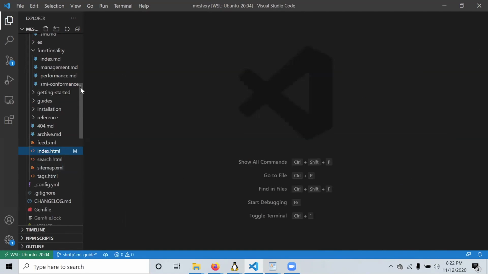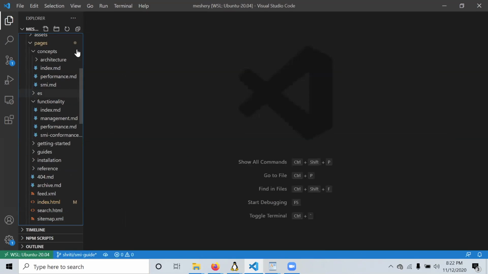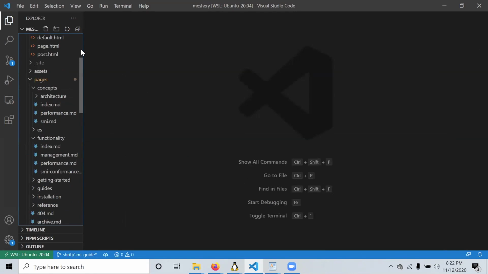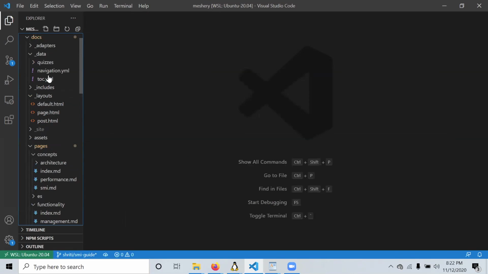So how Jekyll works is, I'll go through this. Let me just pull it up. All right, let's go through the Mestre docs repo in the last 8 minutes that we have left. And if I'm boring anybody else, I'm really sorry for that. I hope this will help you out in some way. For any Jekyll template, you'll have a data folder in which you will have YAML files. And the YAML files basically serve as an index for the entire site.